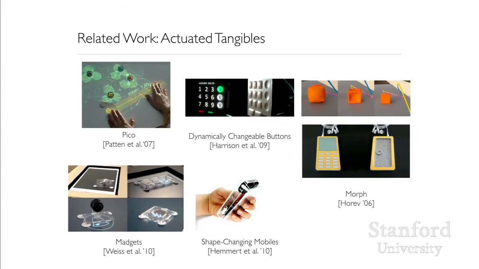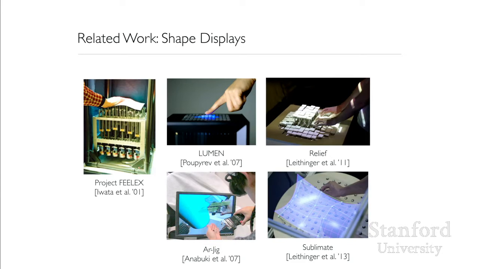And then more recently, in addition to the haptic interfaces that have been going on for a long time, there's been work in actuated tangible interfaces, which can use, in the case of Pico, which was from the Tangible Media Group, magnets to move around these physical objects. Or for example, Fabian Hemmert's shape-changing mobile device uses servo motors to give you feedback on these things. However, most of these examples can only change between a few different states or are limited to 2D interaction. And so another direction that's been really exciting that we've built on a lot is this notion